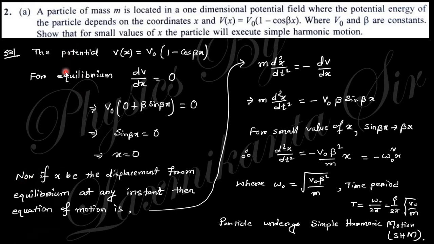So go to the next question. Question number 2a says a particle of mass m is located in a one dimensional potential field where the potential energy of the particle depends on the coordinate x, like that. So this is the potential which depends on the position x, where v0 and b are constants, so that for small values of x the particle will execute simple